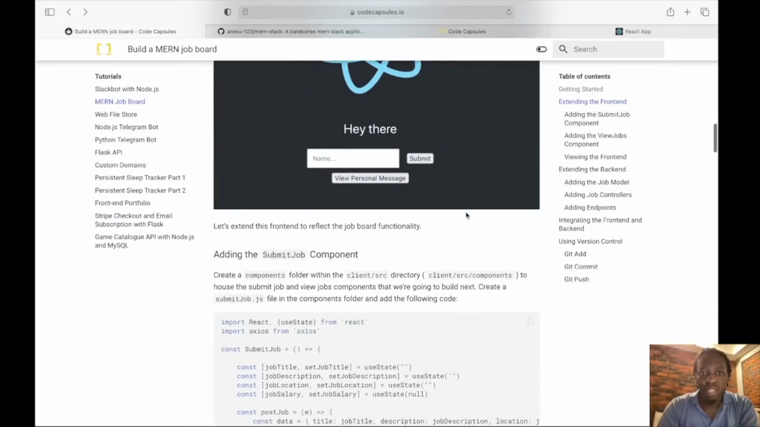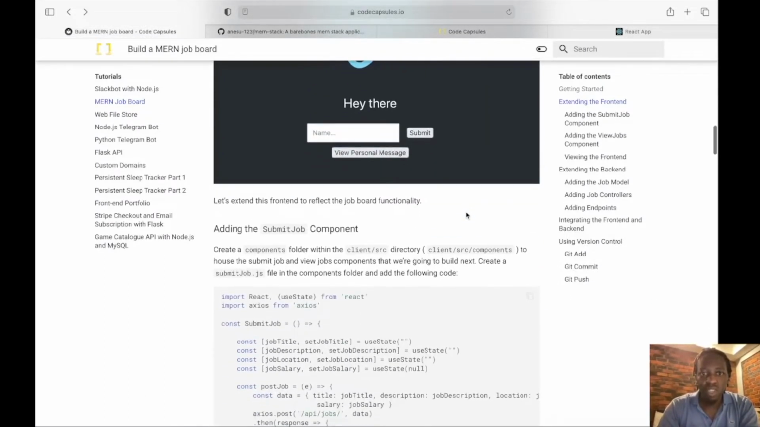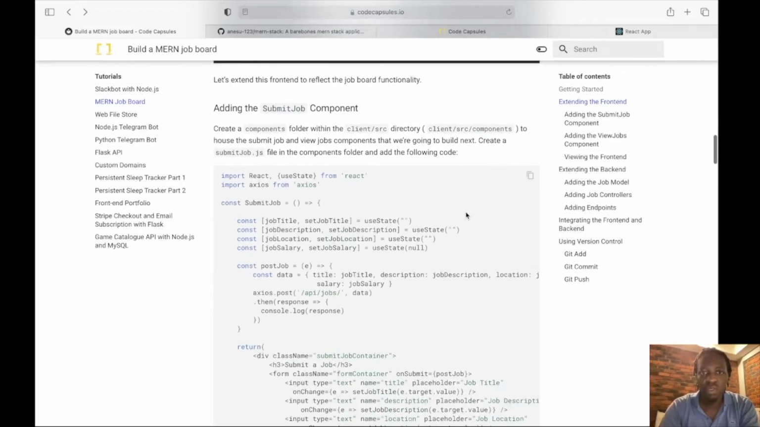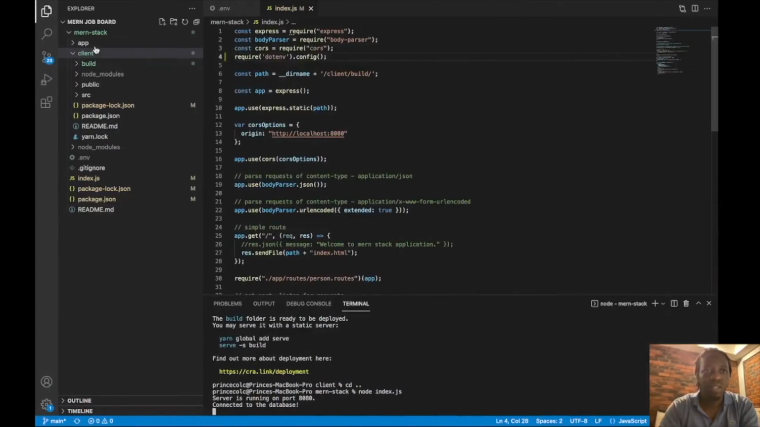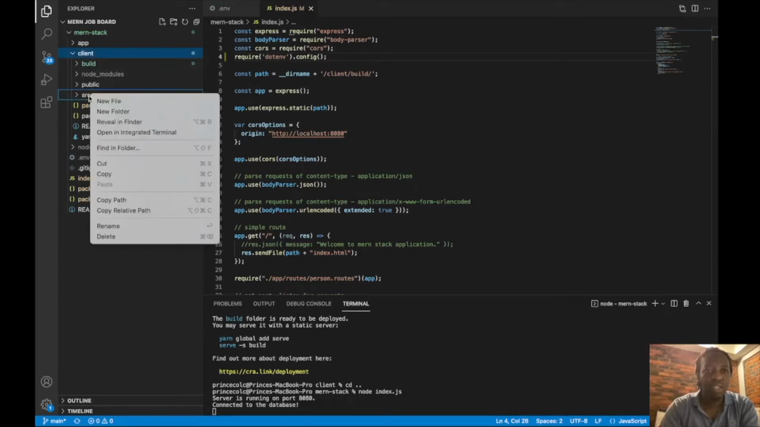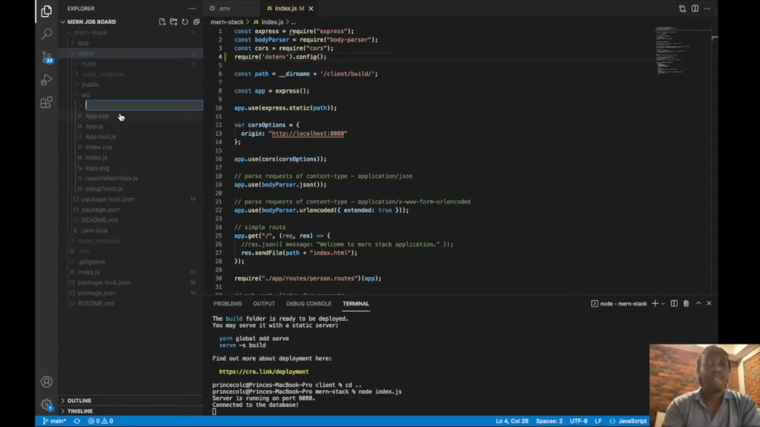So now it's time for us to extend the front end to give it the job board functionality. And we'll start by adding the SubmitJob component. So we'll need to create a components folder within the client directory, which will house all the front-end components we are going to add in the future. So let's go ahead and do that. So in the client here, in source, we'll create a components folder here,